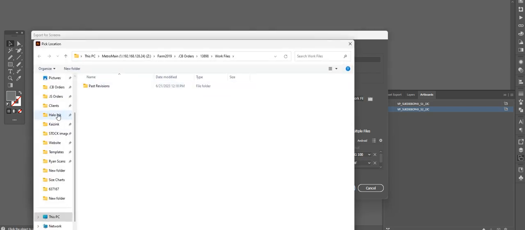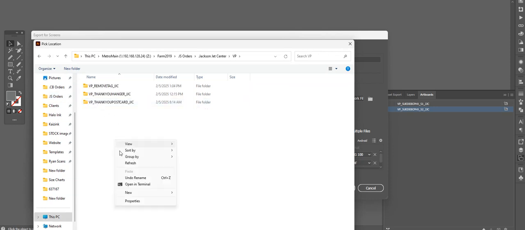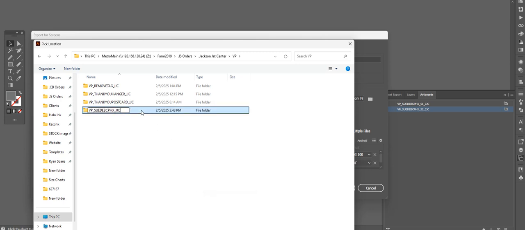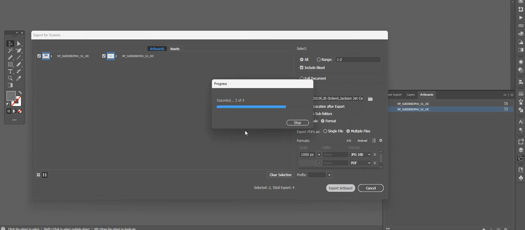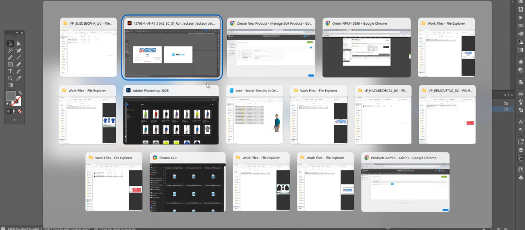And I'm going to put this into the Webstore InkSoft folder. And we're just going to go ahead and create a new folder for this particular SKU. And go ahead and export it. Okay, so